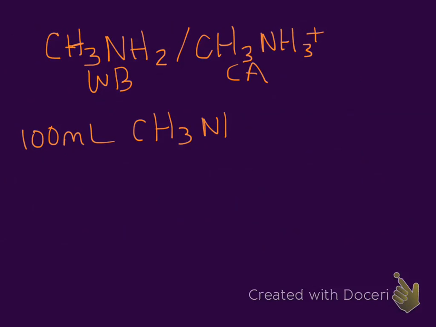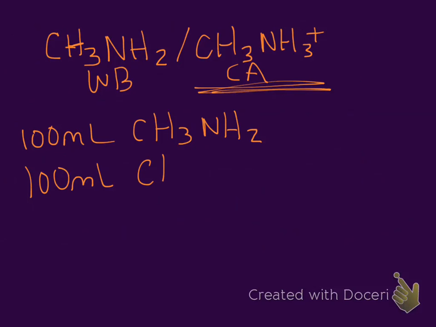So you can make a liter, you can make 2 liters, whatever amount you want, of CH3NH2. So we go get that out of the stockroom. That's a solid. We add it into the water. And now we've got to choose how we're going to get this into solution. That doesn't exist by itself because it would have a positive charge, and you can't make a solid out of something when everything's positively charged. So this would have to be in the form of a salt. So we would have 100 milliliters of